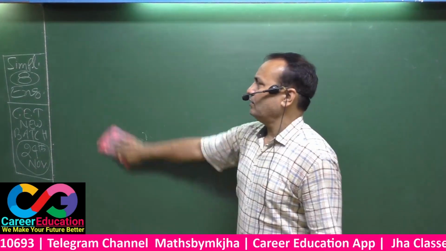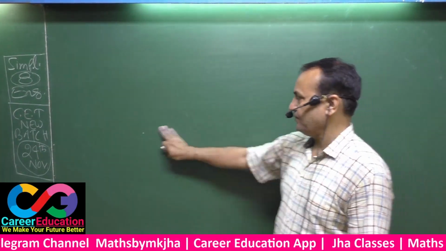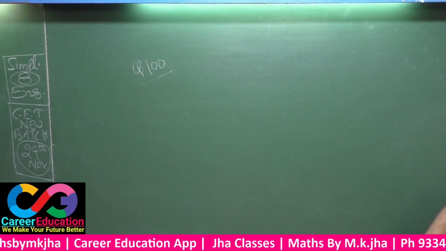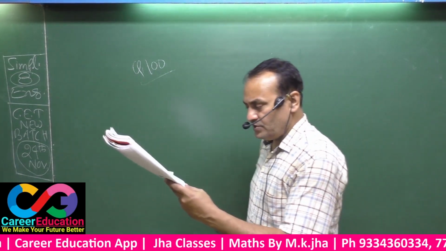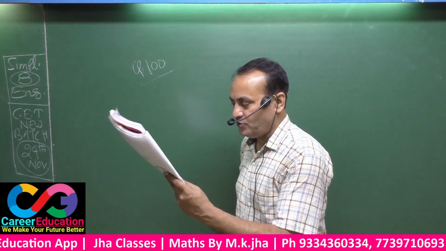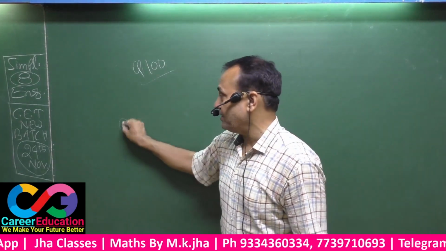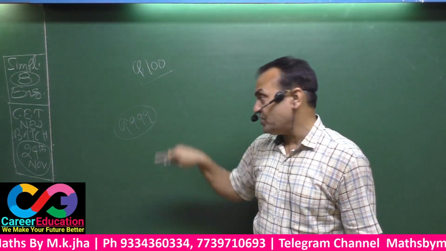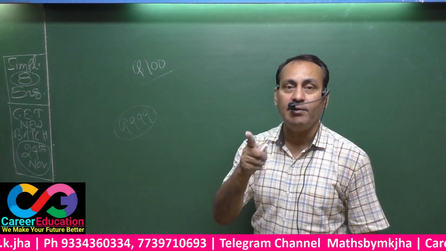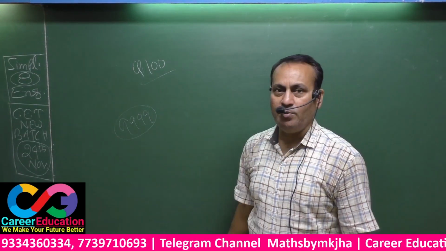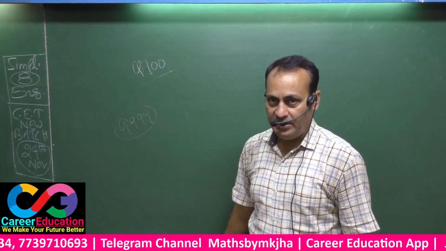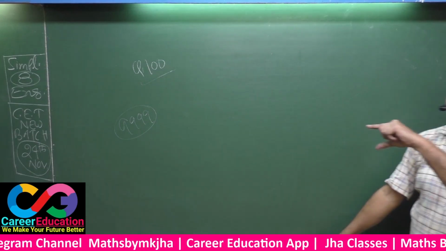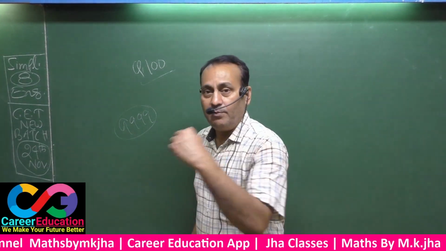Now come to question number 100. See, this question 100 is: which is the 4-digit greatest perfect cube number? That means your number must be nearest to this. Listen to me. Your number must be nearest to this and must be a cube number. If this is a cube number, this must be the right answer. But this is not a cube number. That means you have to go nearest to that number, since this is the biggest number of 4 digits.